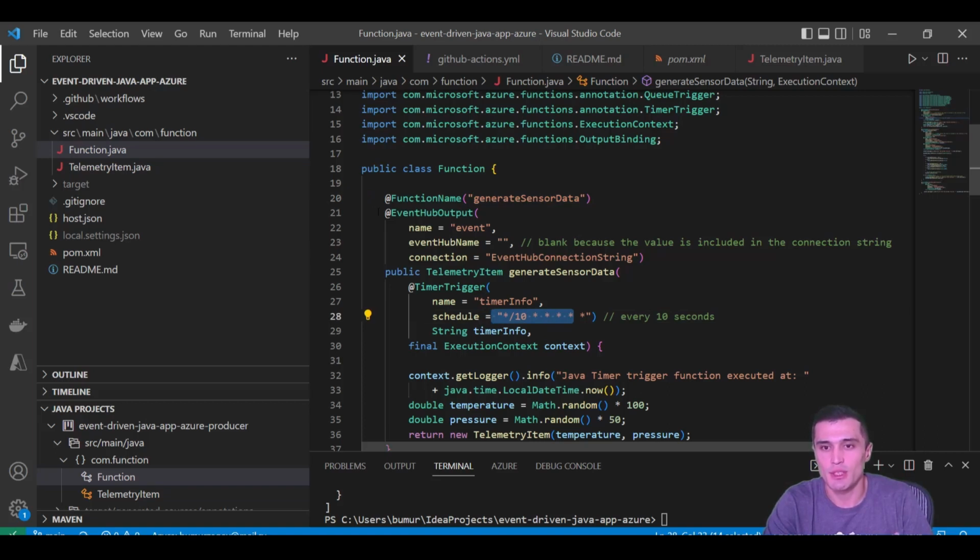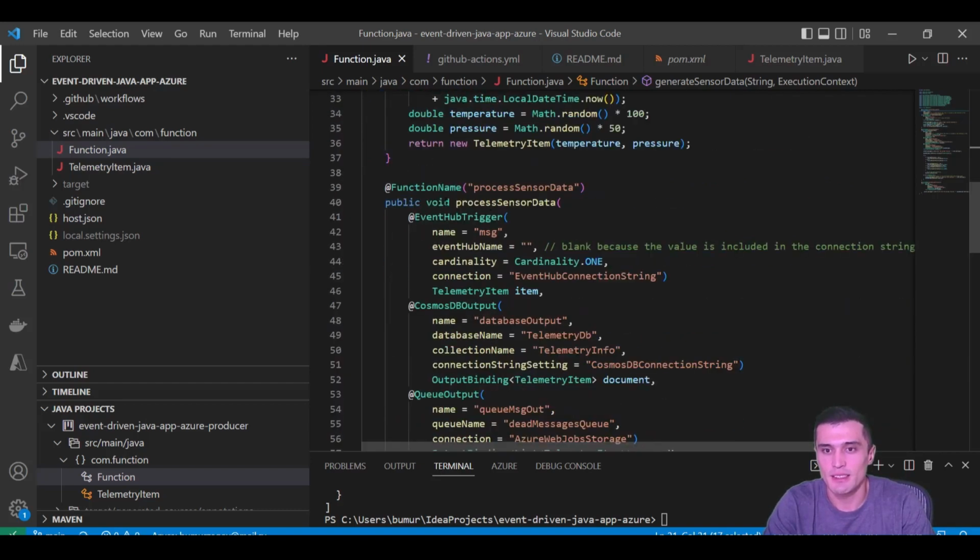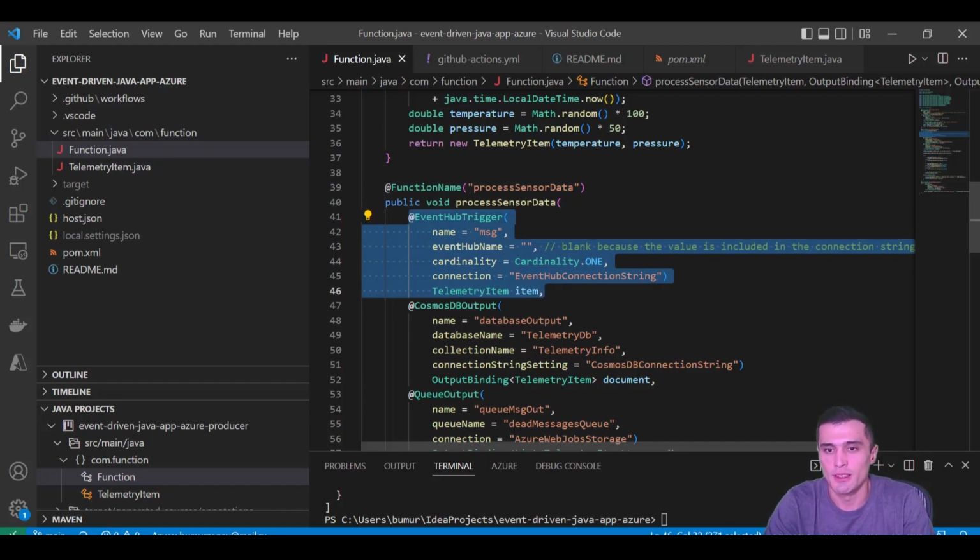In functions, for example, you can also specify what will be output. In our case, output of this function code runs, it will create new event and sends this event to the event hub. And the next step, the second function, which processes the sensor data, starts to run after it sees in the event hub there is a new event, and it will trigger a new event.